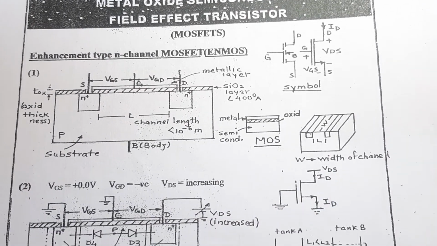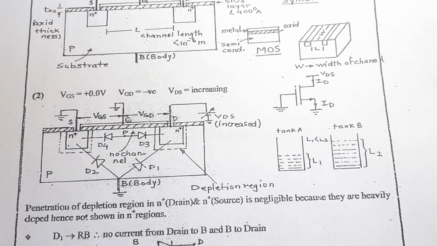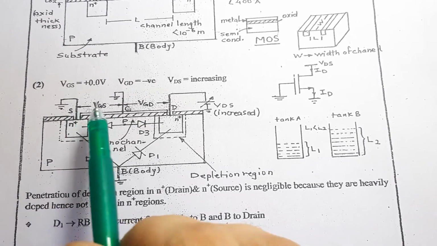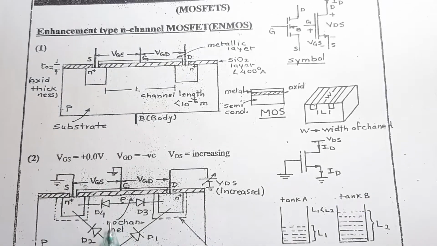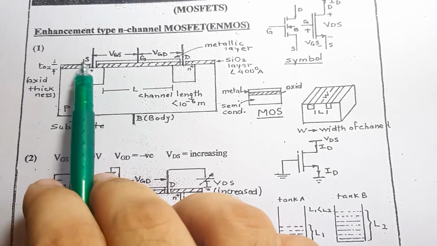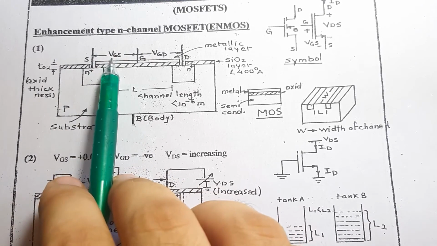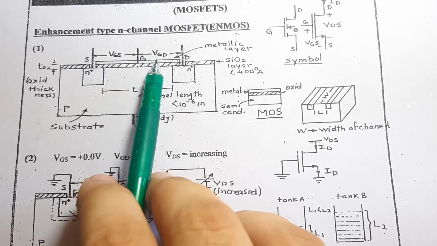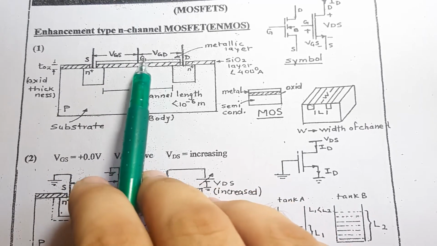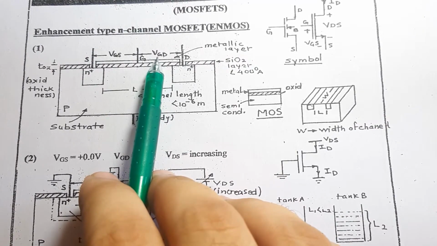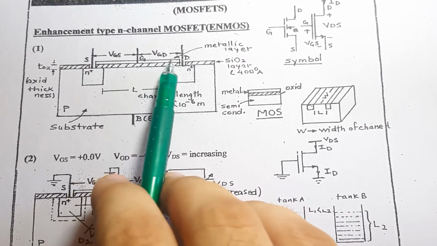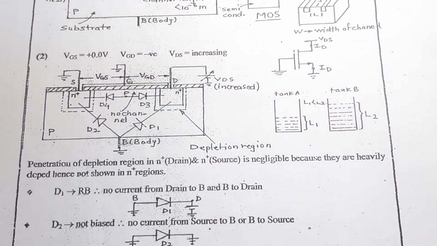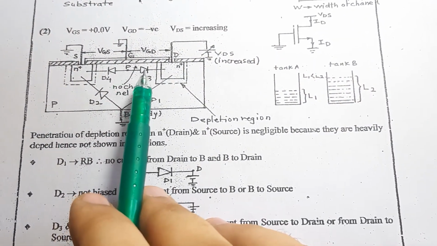Now let us apply some voltages over here so that it becomes easier for us to understand the working. First of all, let me introduce you to the terminals. Since this is the gate terminal and this is the source terminal, the voltage between these two will be VGS, since the gate is common to both. Over here we have VGD, that is nothing but the gate to drain voltage between the terminals gate and drain. Similarly, the terminology is described over here.